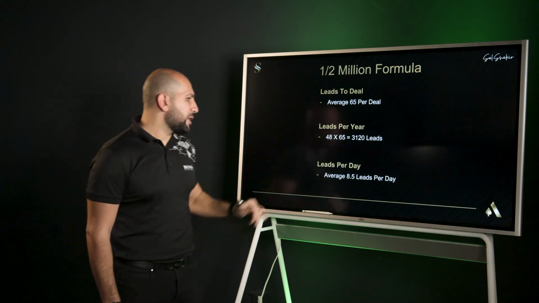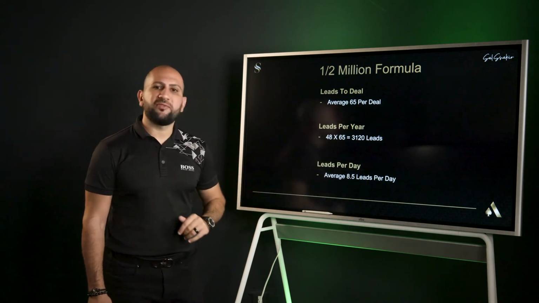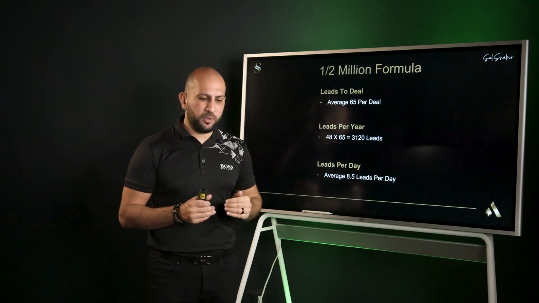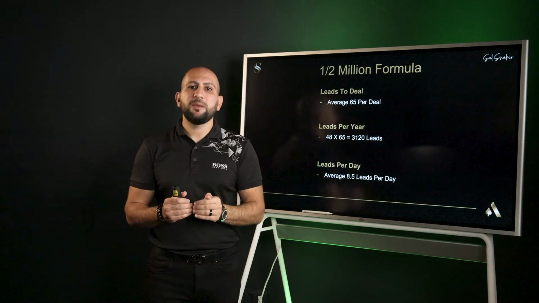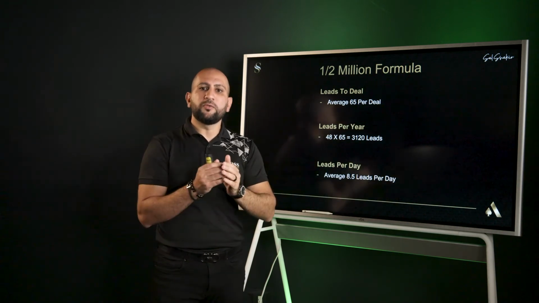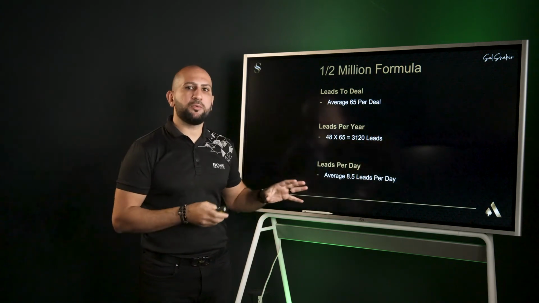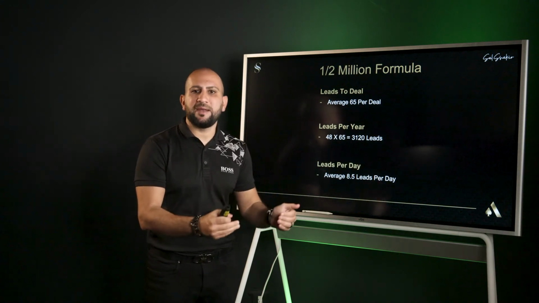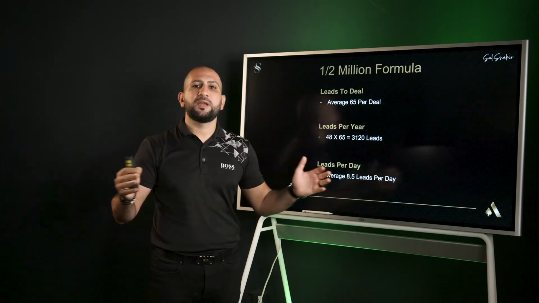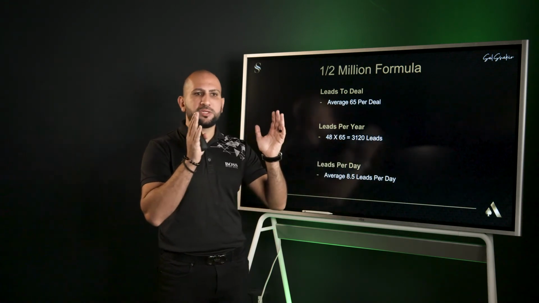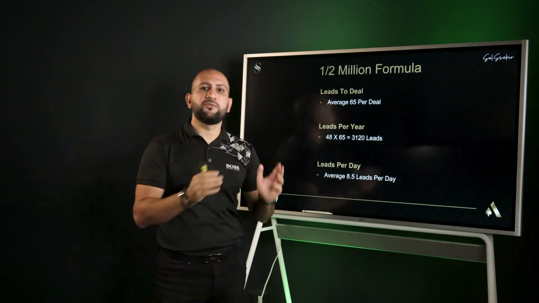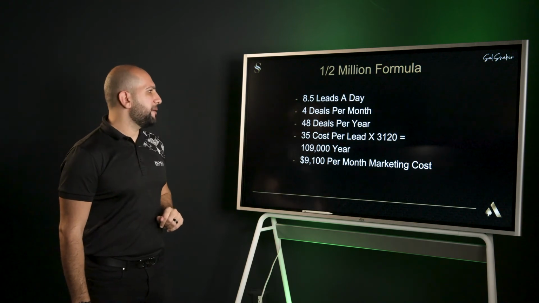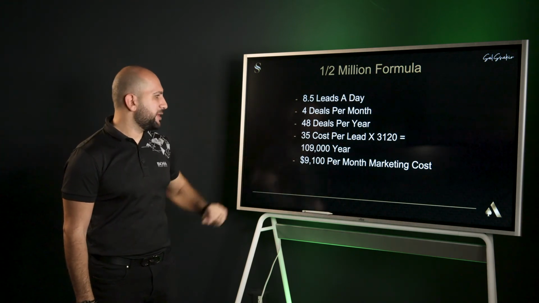So your average leads per day is 8.5 leads per day. And the reason we're talking about average is because you're not really going day by day. You may have a slow day, but you may have a really productive day the next day. Overall, you look over the week and the month. That's how you usually track your numbers. You can't just track day by day because you may have some bad days. Just like big corporations, they don't just look at the month versus the last month. They look versus the last year, same month. So we need 8.5 leads a day, 4 deals per month, 48 deals per year.